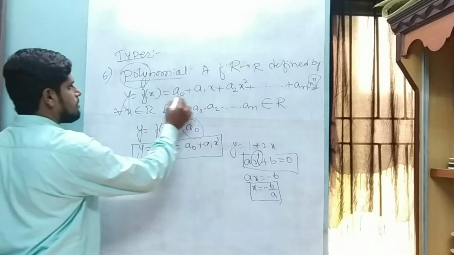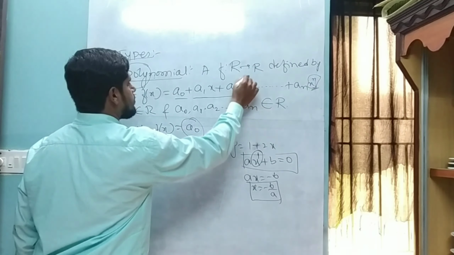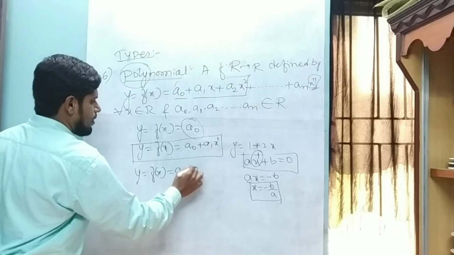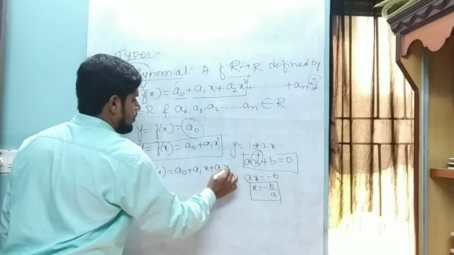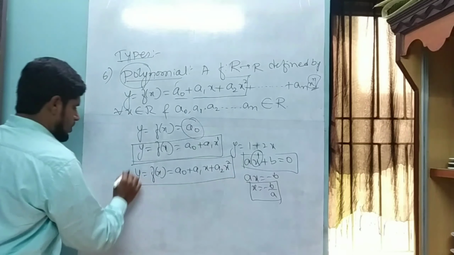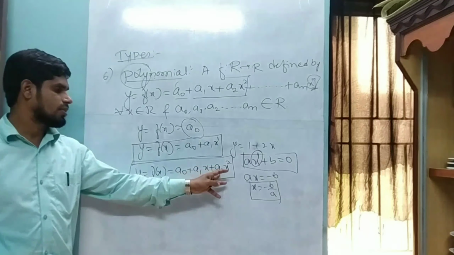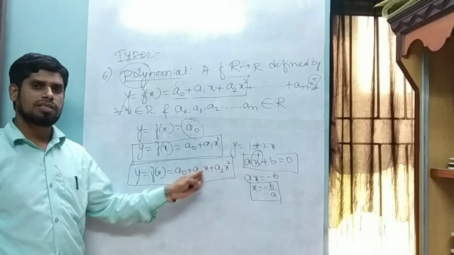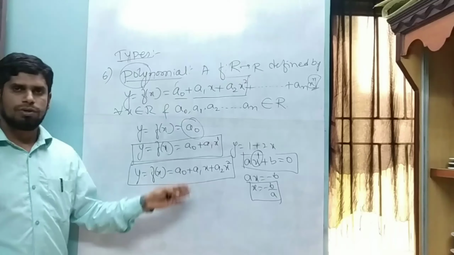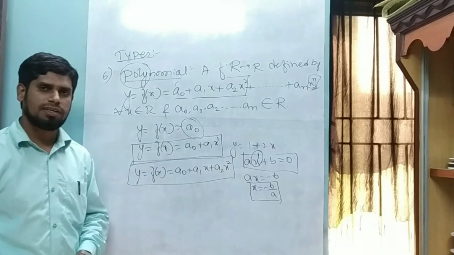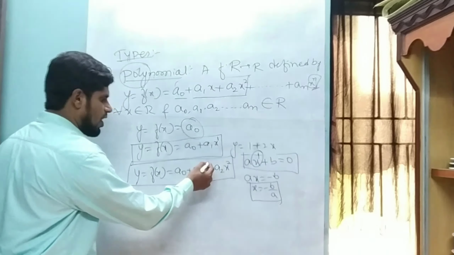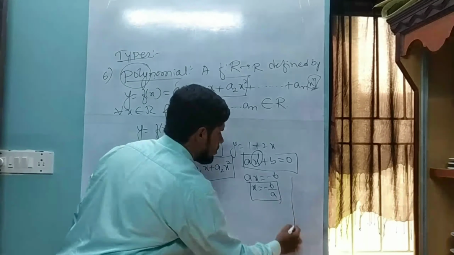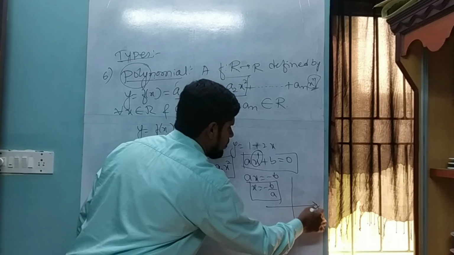If I take 3 terms till here, then y is equal to f of x is equal to a naught plus a1x plus a2x square. This also we studied, in detail. It is called a quadratic equation, and we know how to find the values of x for a quadratic equation using the formula method or the factorization method. And we studied the graph of this. Obviously, the graph of a linear function is a straight line graph. Its graph is always a straight line.